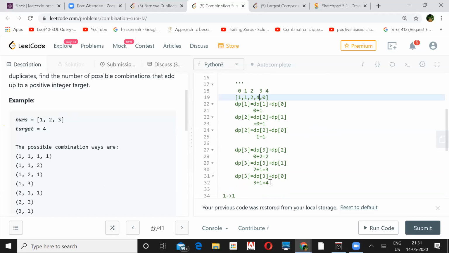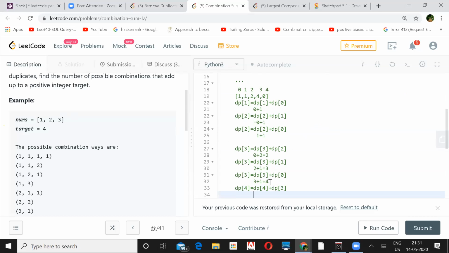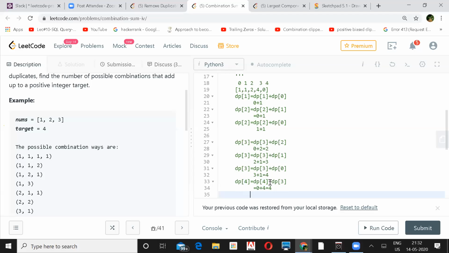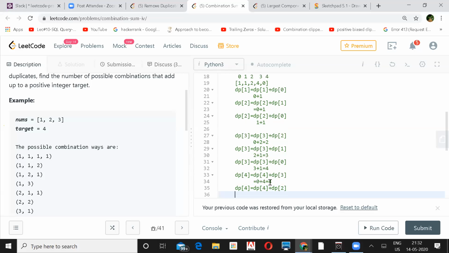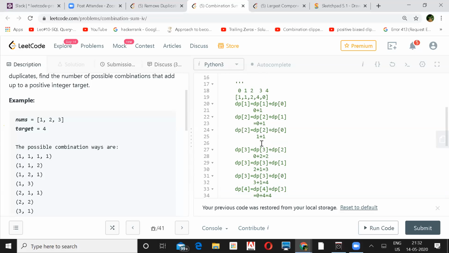And similarly, you can go for dp of 4, you have to check. So dp of 4 will be your dp of 4 plus 4 minus 1, 3, dp of 3, and dp of 3 is 4. So it will be 4. Now again this dp of 4 plus 4 minus 2, 2, dp of 2, and 4 is 4, and dp of 2 is 2, I think.